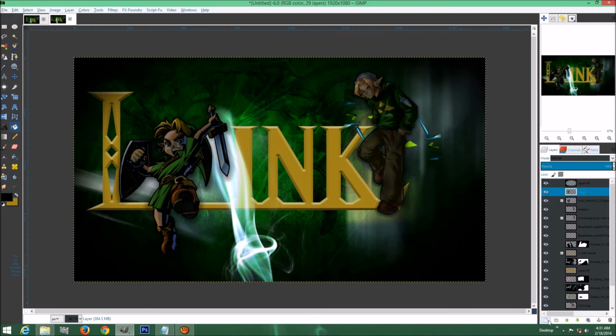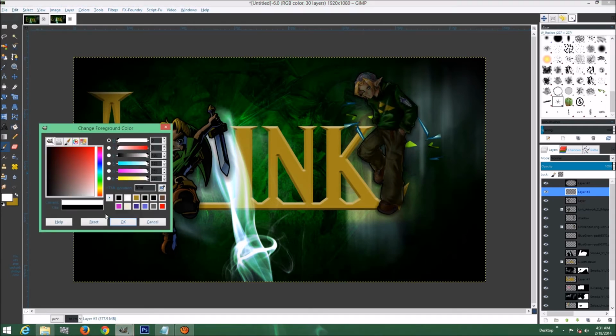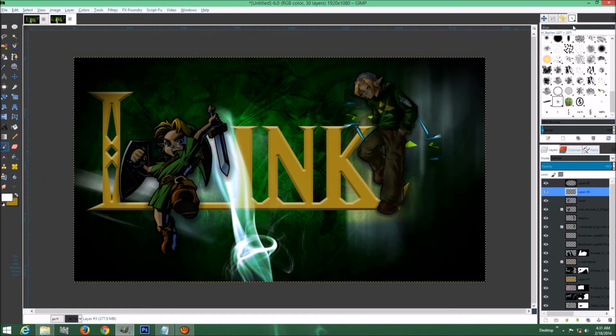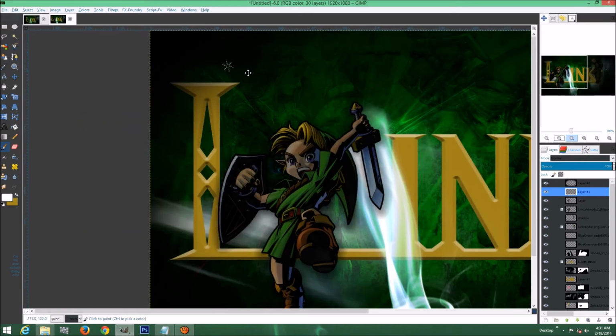Below that, let's add another new layer and then go back into your brush panel. Now I'm going to show you how I made them stars with Gimp. This does come with it. Grab your brush tool, make sure your color is white, and we'll go ahead and zoom in here a little bit, and we'll press the right bracket key on your keyboard, and you can make this as big as you want. Just go ahead and make one click